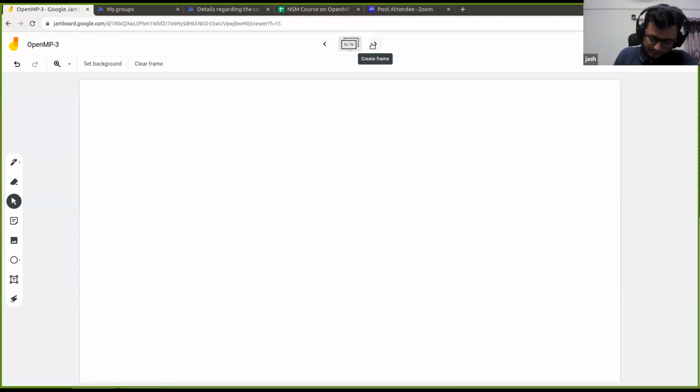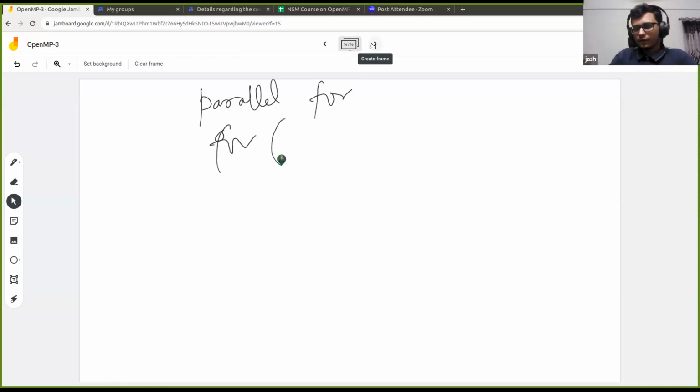Right, so we saw this, parallel for, right? What it does is it will share not work, but the iterations that are there in the loop that follows it in some fashion, and we can specify how we want to divide those iterations among threads using the schedule clause.